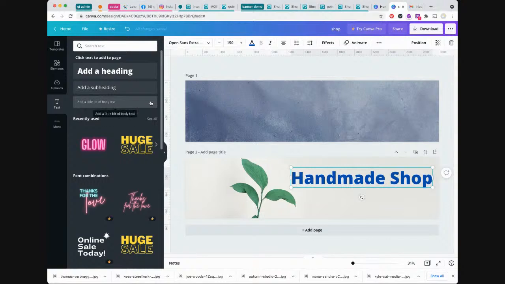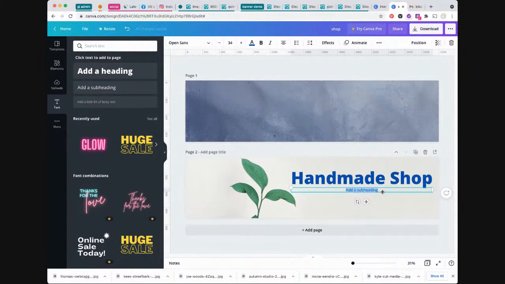If you have a tagline, that's also something great that you can add to a banner. It's a perfect spot for a tagline. That is something that should be a lot smaller than your logo. So regardless if you have a logo or if you're just using text from Canva just typed out, your logo or your shop name should always be the largest thing in your